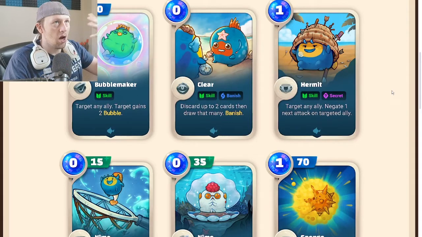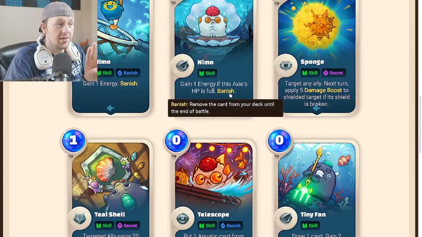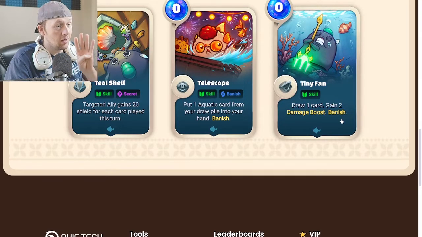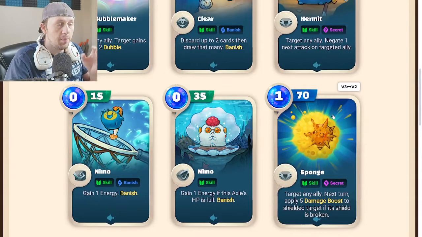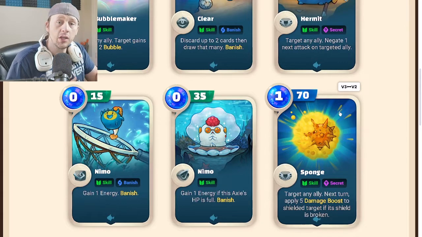Now, let's look at the other restriction for deck building. One has banish, two has banish, three has banish, but it's in this text instead of represented here correctly. Telescope has banish, and now Tiny Fan, even though it doesn't say here, also has banish. So five out of nine of the cards available banish themselves, which means what you can do with Bubble is extremely restrictive. They have limited the player's options even further, because the first restriction is you can only use bubble